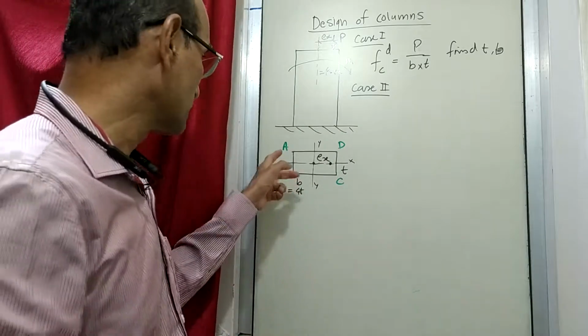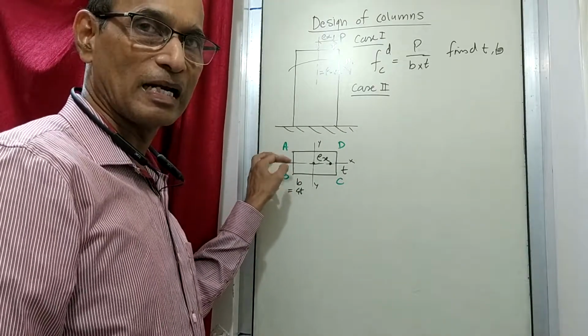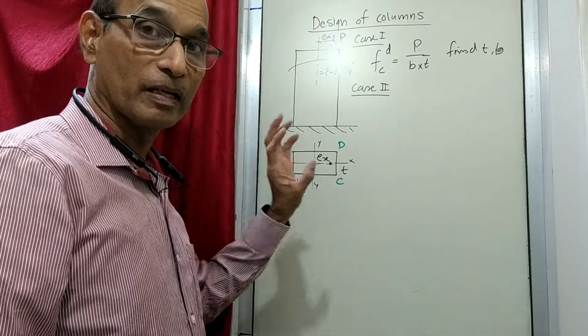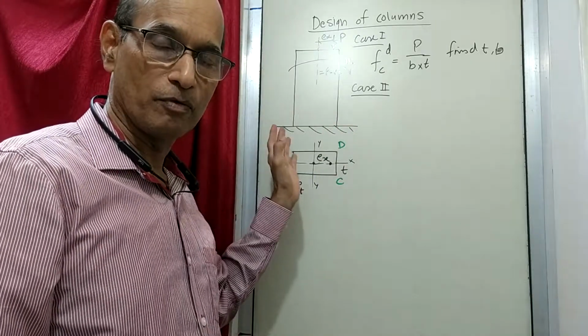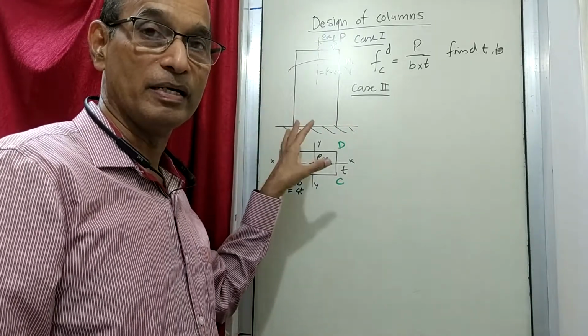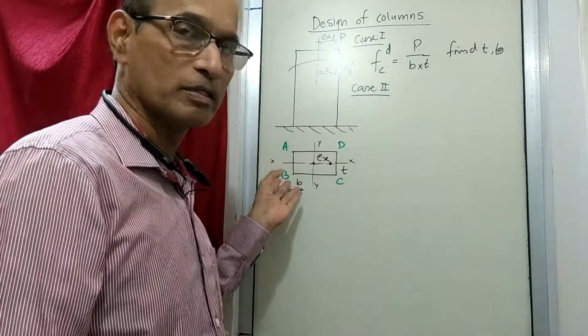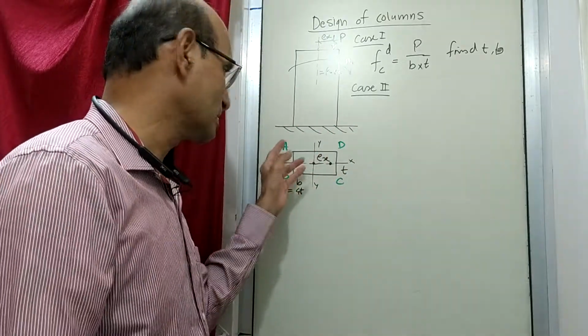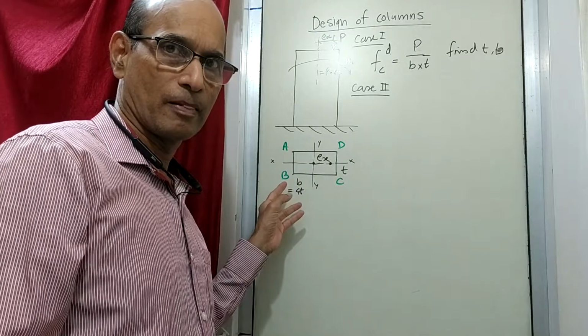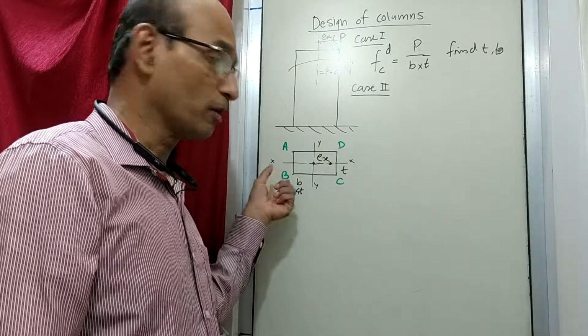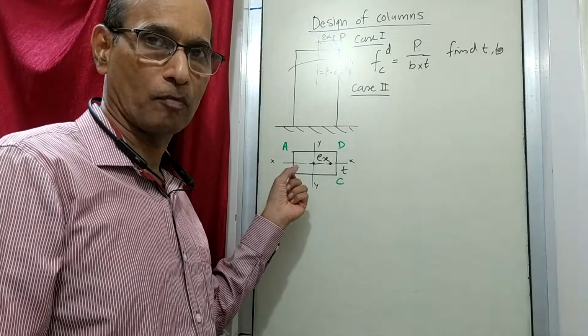So what will be the total stress at A and B? Total stress at A and B will be the difference between the direct, which is compressive, and bending, which is tensile. Whichever is higher, that will be the stress. It will be the same, whatever is there at A, the same will be there at B. But it will depend on which is higher, tensile or compressive.